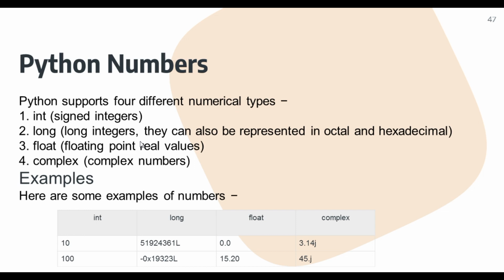And after that, float, floating point number, or we can say real number, real values. In that, those numbers are categorized which contain some decimal points also. You can see here, student, 0.0, 15.20, categorized under float. And complex number contains imaginary numbers. Here is 3.14 then j. Here j is the imaginary number, and imaginary numbers are those which can be performed in the form of under root 3 by 2, etc.